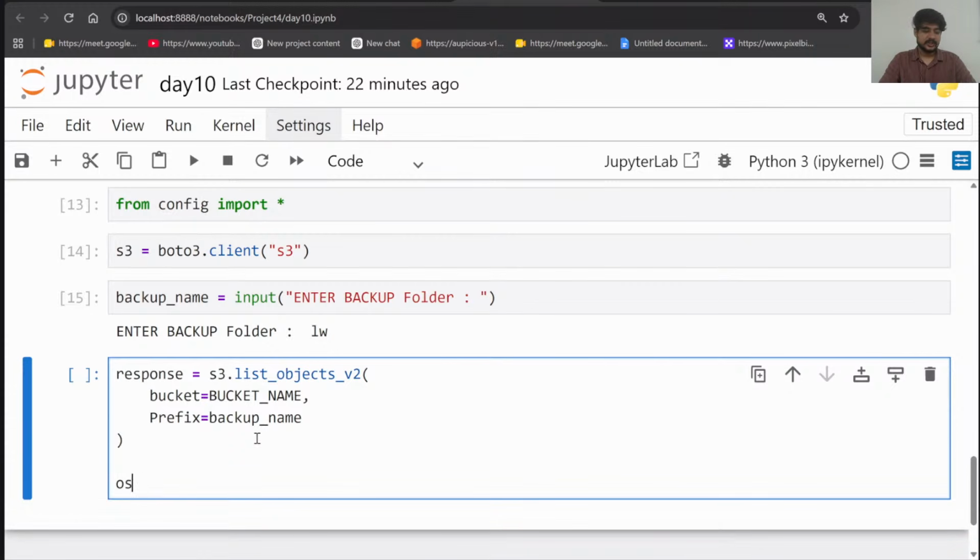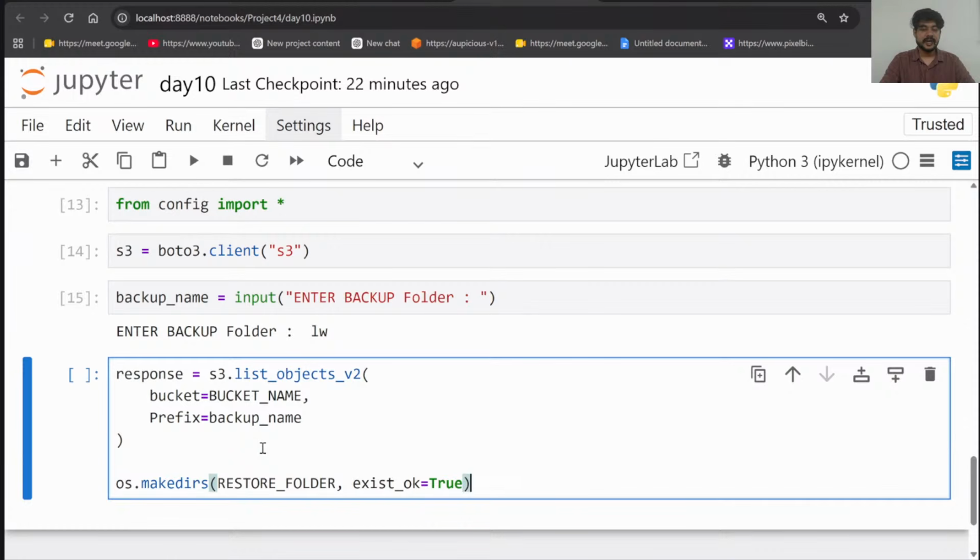OS, do one thing now. Inside the OS library there is an option called make directory. OS makedirs. Which directory do I have to create? Maybe I want to create a restore folder. So inside the restore folder, this should be present. इसका मतलब exist_ok should be true.